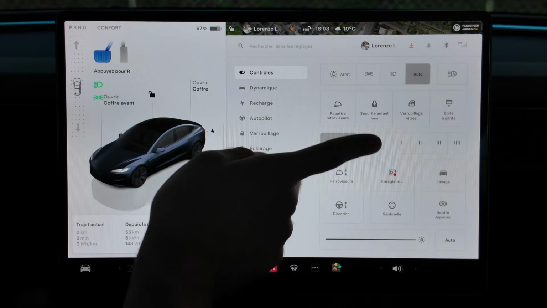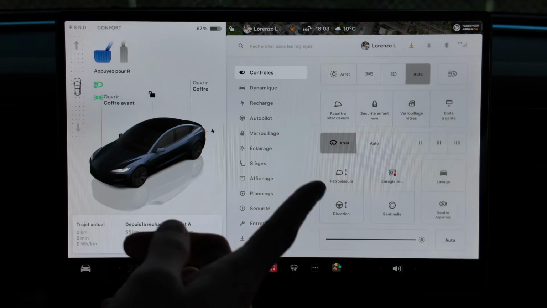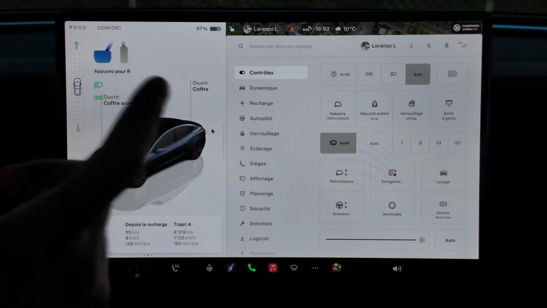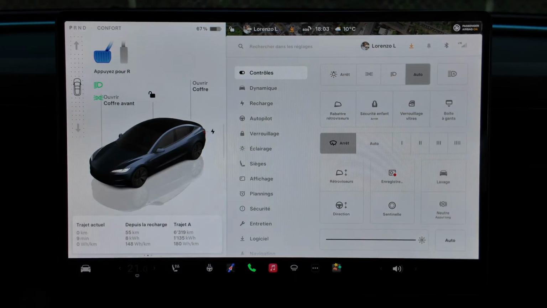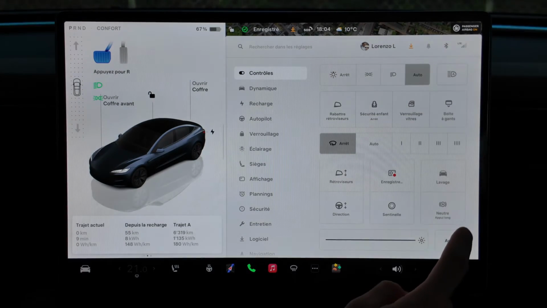So you have a built-in dashcam that uses the windshield cameras, and then there's Sentry mode, which is a mode that actually monitors with all the car's cameras while you're away. If someone comes close or tries to open one of the door handles, etc., or touches or hits the car, Sentry mode will be activated and will also send you a notification on the Tesla app, potentially with a video you can watch directly.